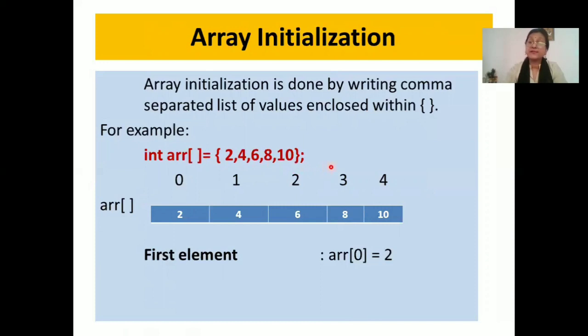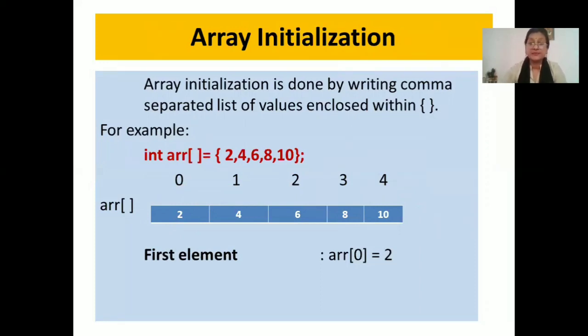You can see some difference from the declaration. In the declaration, we mention size within a square bracket. And in initialization, we mention the values separated by comma enclosed within curly braces. So here also the array will be created, and how is it created? Again, in a linear manner, values will be stored one after another like 2, 4, 6, 8 and 10. Of course, the location number will start from 0. And here you can count 5 values are there. So the location number will be from 0 till 4, that is size minus 1.